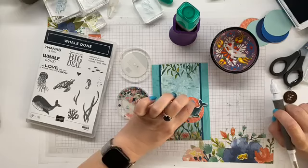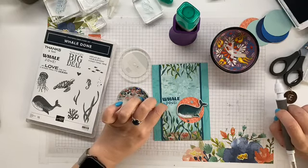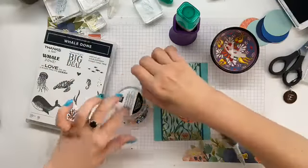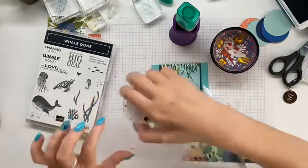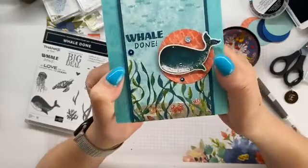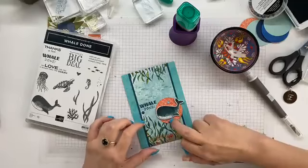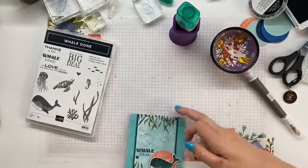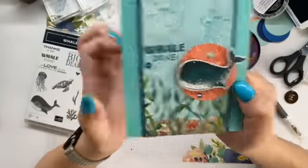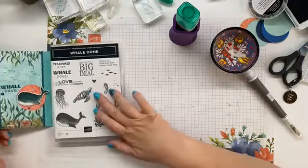Okay, I think I'm happy with that. Just make them a bit flatter if I can. Pop the lid on because we don't need sequins all over the floor. So I have just added those few sequins to brighten it up, and I'm going to grab in, I'll just pop this